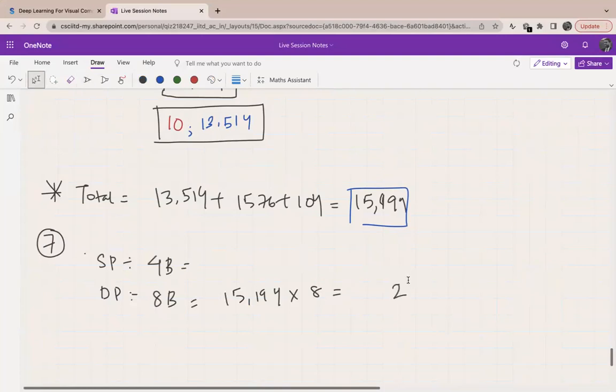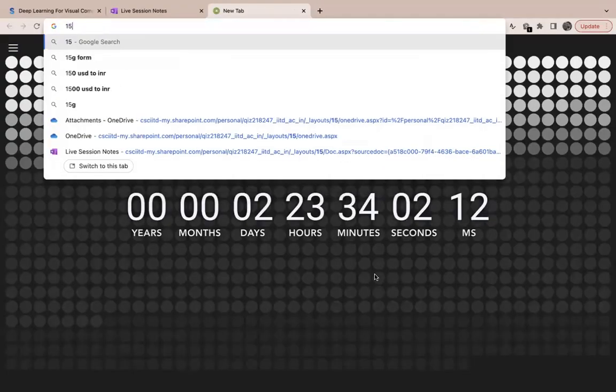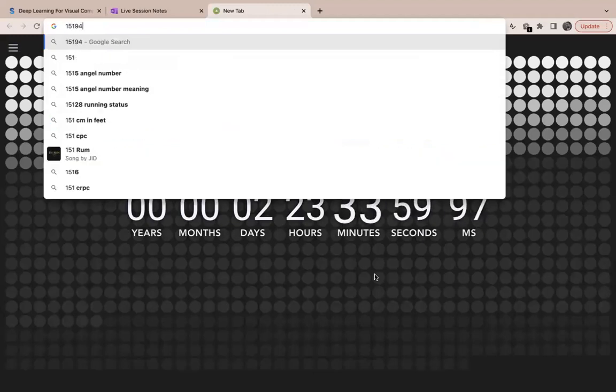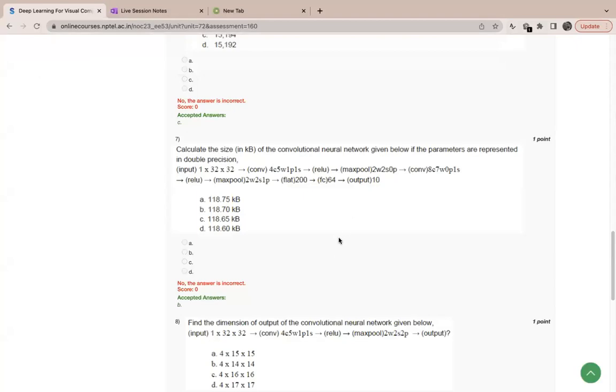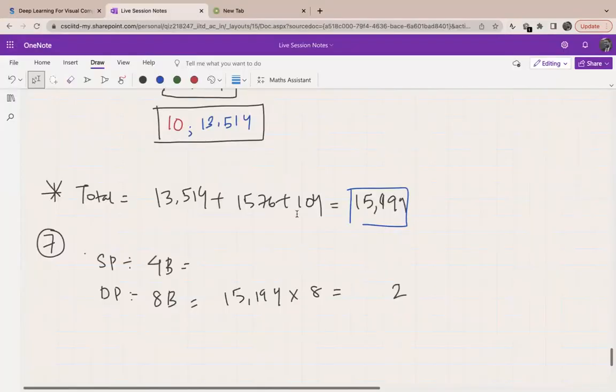Let's just do one thing: 15,194 into 8 will be 121,552. And since it is asking for us to give the answer in KB, we divide it